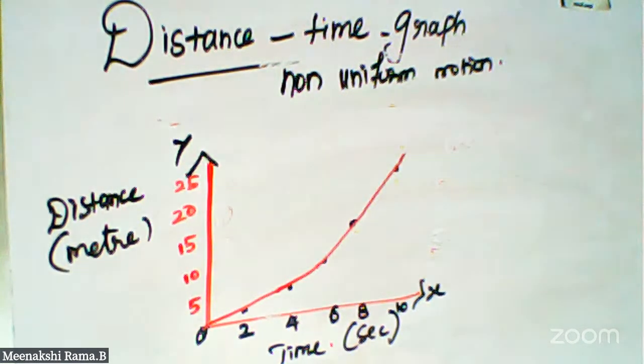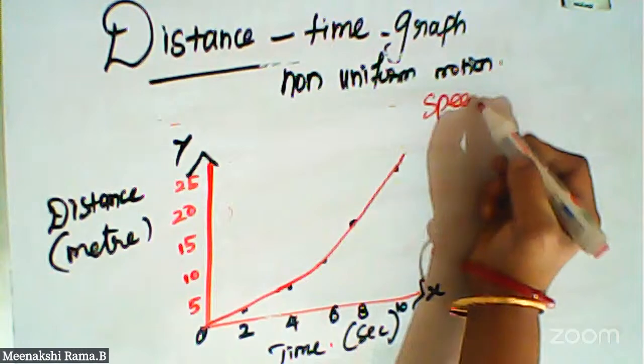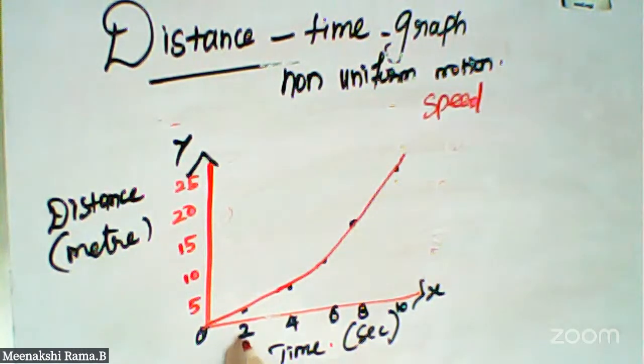So this nature of the graph shows the non-linear variation of distance traveled by the car with time. So the graphical structure represents the motion with non-uniform speed because the car crossed